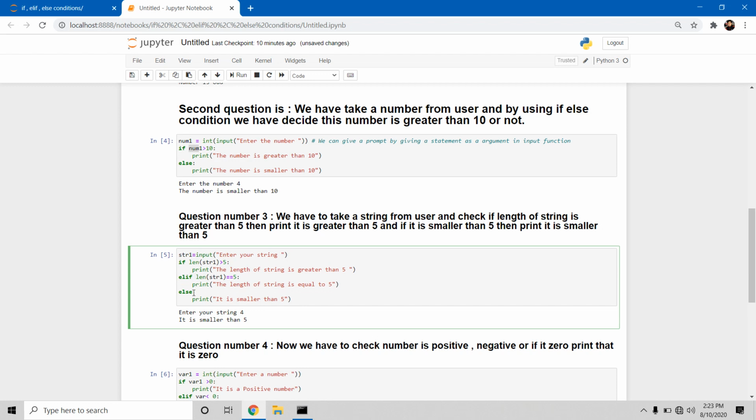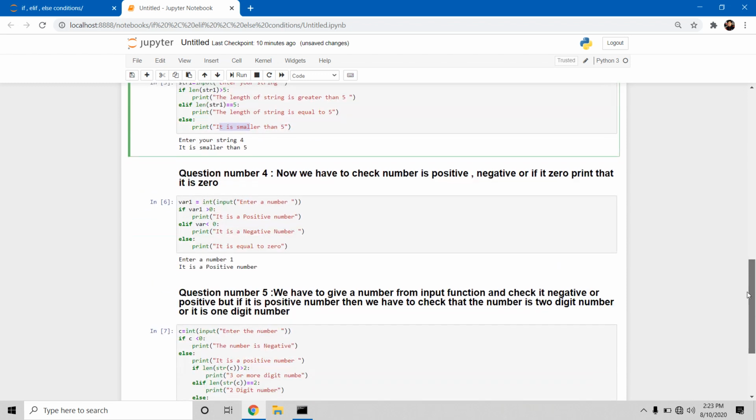We use elif if the length of the string equals 5, then print the length of the string equals 5, else if both of the above conditions are not true then it will execute this condition, it is smaller than 5.